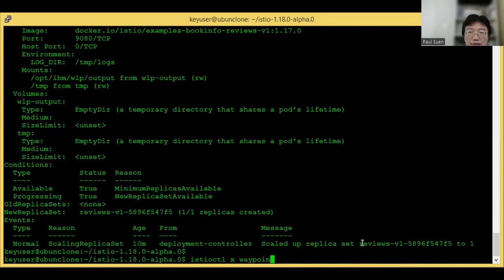So after we create the waypoint proxy, we need to define a virtual service manifest and apply it.